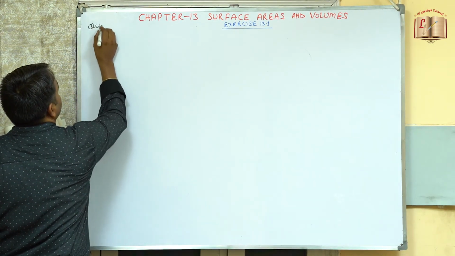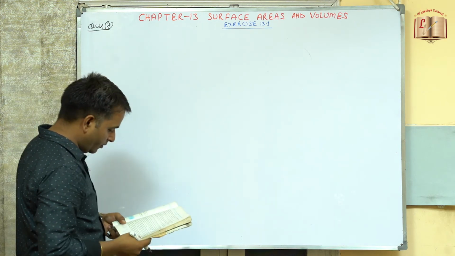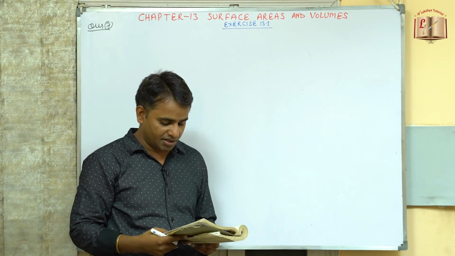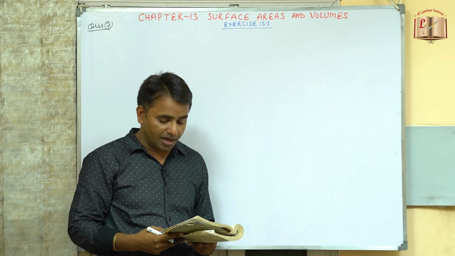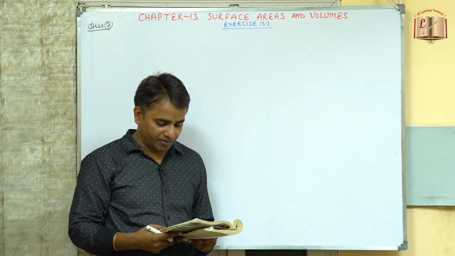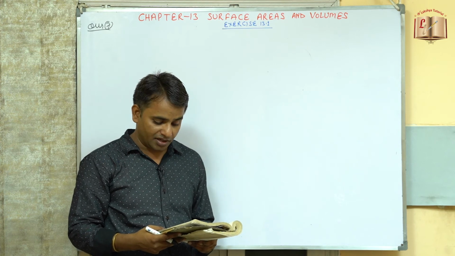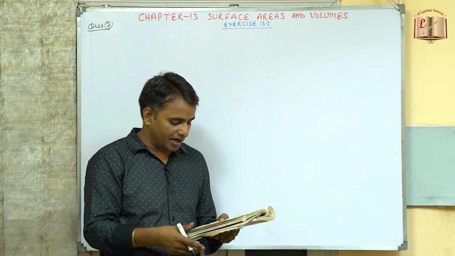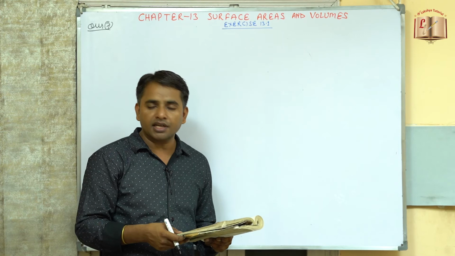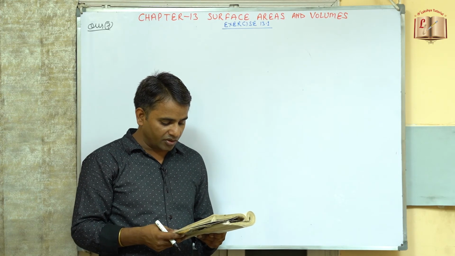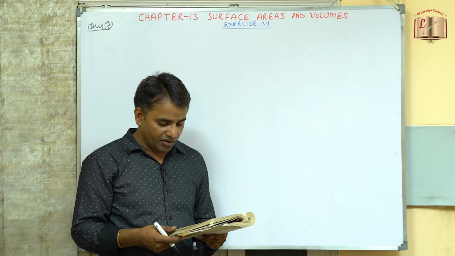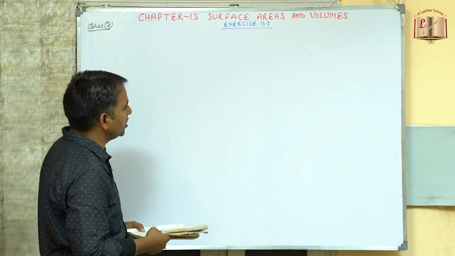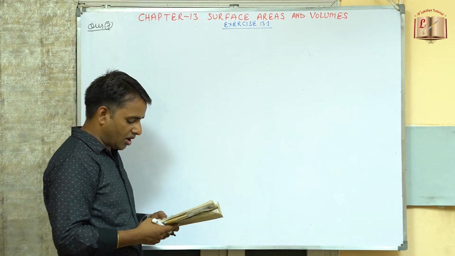So now coming to question number 7. Shanti Sweet Stall was placing an order for making cardboard boxes for packing their sweets. 2 sizes of box were required. The bigger has dimensions 25, 20 and 5 centimeter, and the smaller one 15, 12 and 5 centimeter. For all the overlaps, to make the box a small margin is needed for overlapping, so that is 5% of the total area required extra. The cost of the cardboard is rupees 4 for 1000 centimeter square. Find the cost of the cardboard required for supplying 250 such boxes. So we need to find out the cost of 250 cardboard boxes.